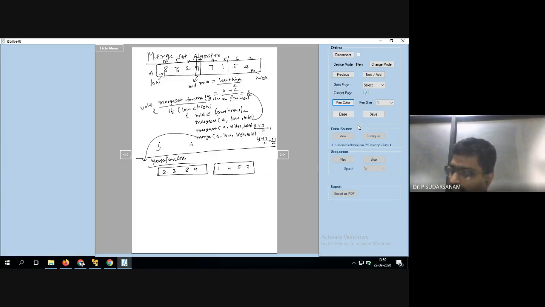Now what you do is, this location is called i. This i will also be considered as low. Next, this is nothing but high. Now you know that this is the mid value. Now this is nothing but mid plus 1. So mid plus 1, I'll take one more variable called j. So j is equal to mid plus 1.